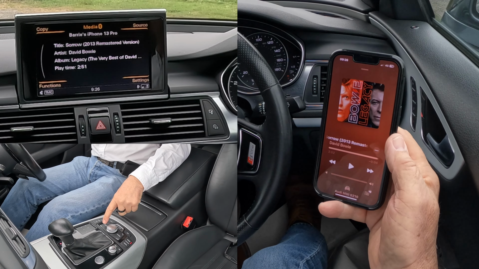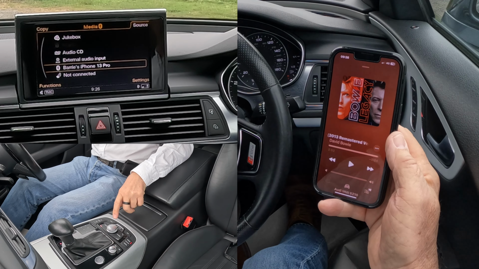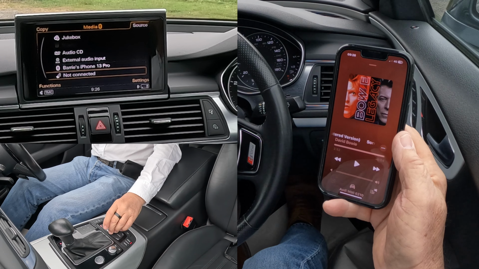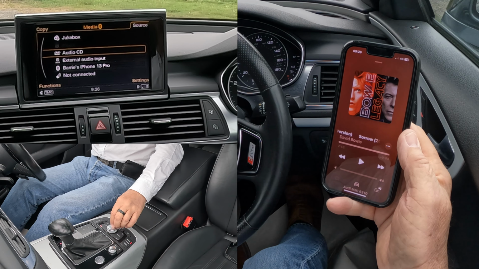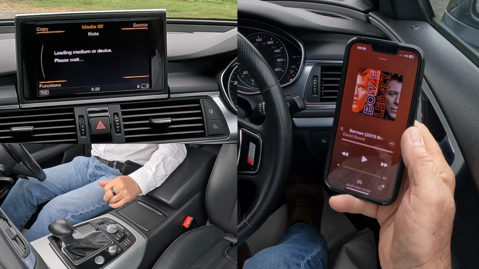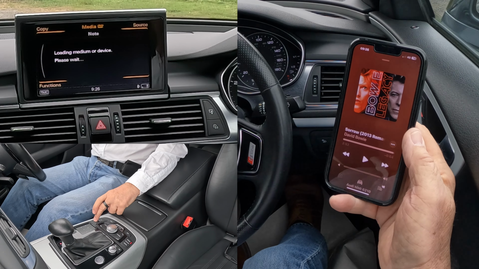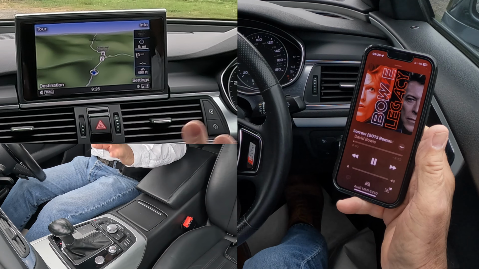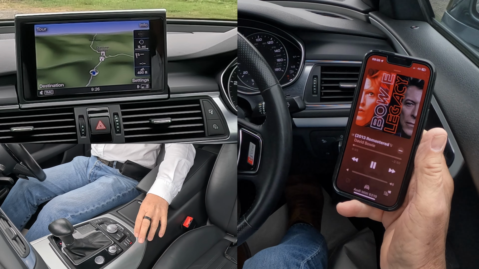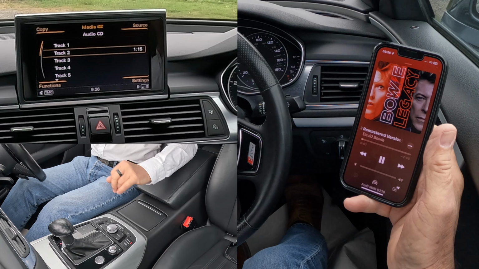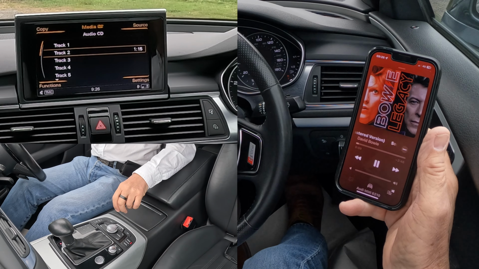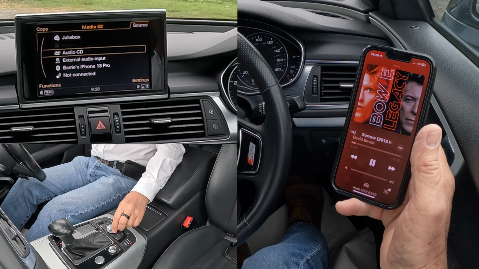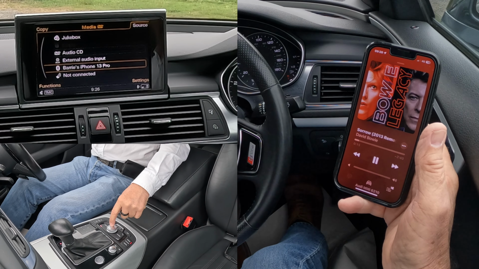So the top right one, source, is the top right next to this rotary control, and you'll see there it's on Barry's iPhone. So if I click it to there, audio CD, and then we do it again, we'll go back to nav, click play on here, go over to the system, click media. That's on an audio CD. So what we do, we want source, which is this button. Click on source, turn it to iPhone,